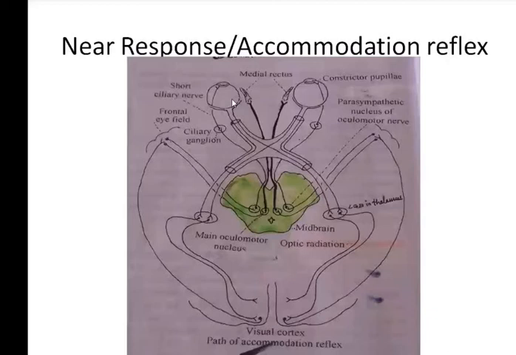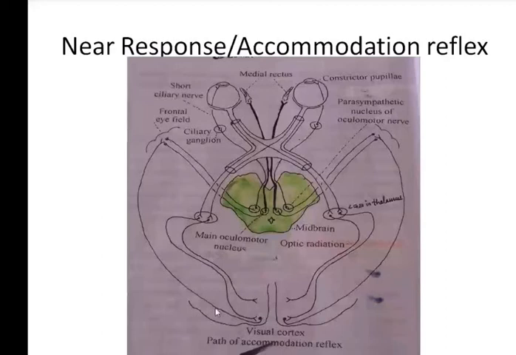Now if you look at here, now I'll press on. Okay, now follow my pointer. If you look at here, this is the light. This is the retina. From the retina, the information goes to this area. I have already told you this is the lateral geniculate body that is present in the thalamus. From here, the information is going to the visual cortex. I have already told you this is the optic radiation, and from here, up to this is the visual cortex. So we can see. But for the near response of accommodation, now the information has to go from the visual cortex